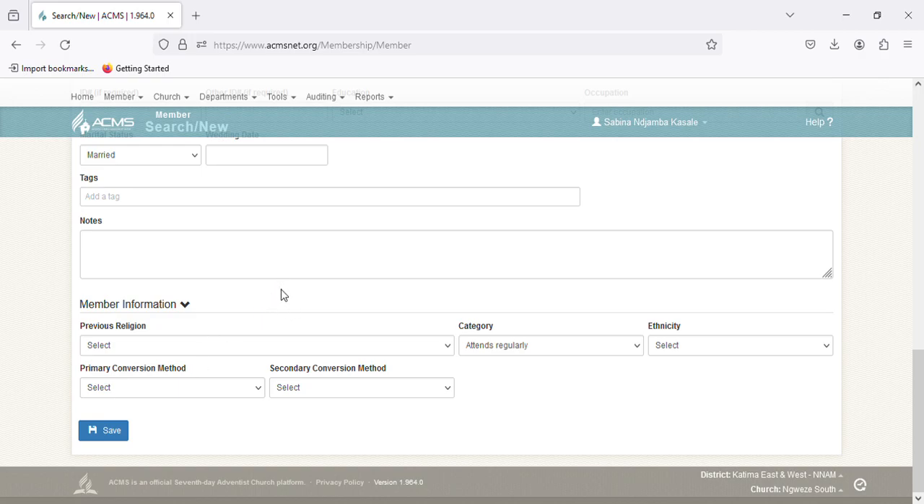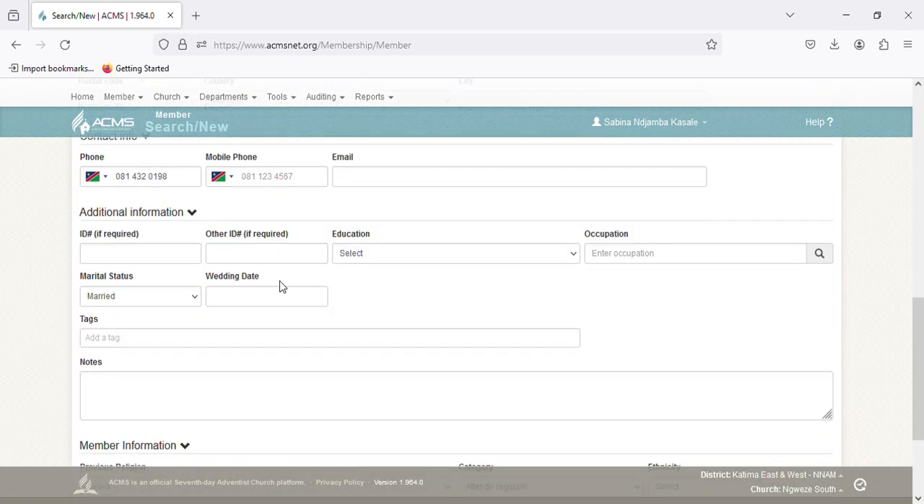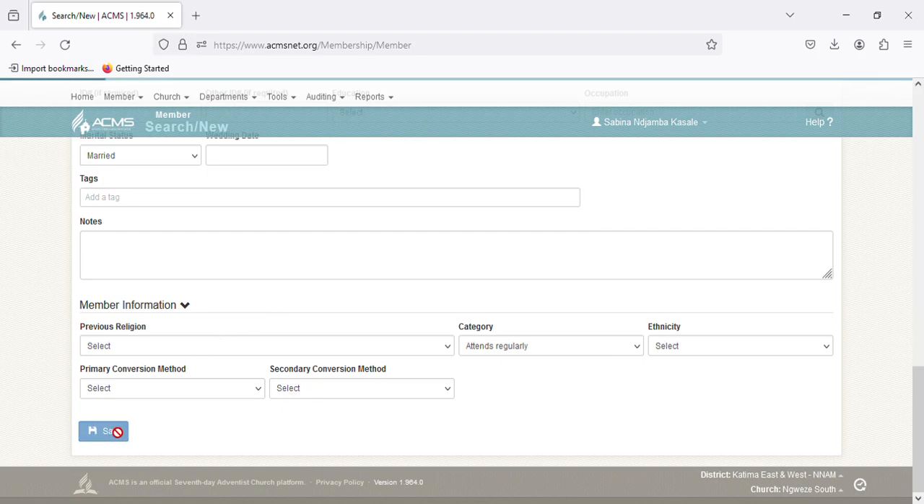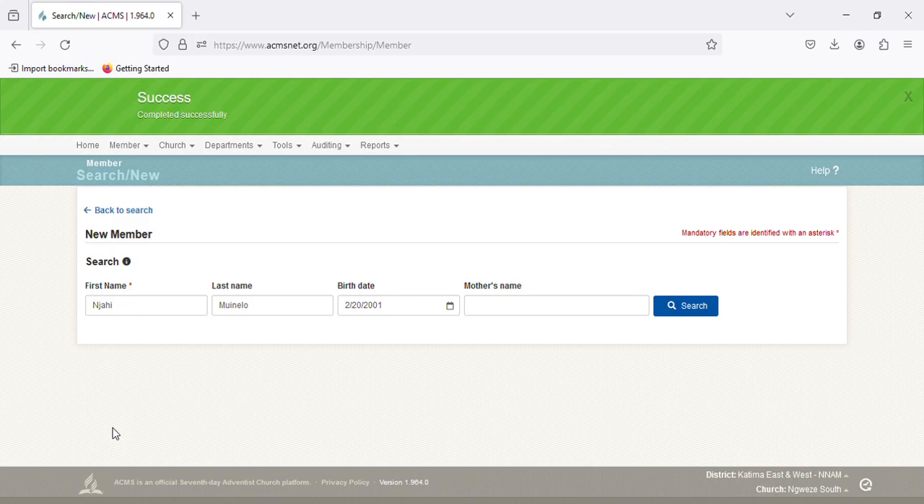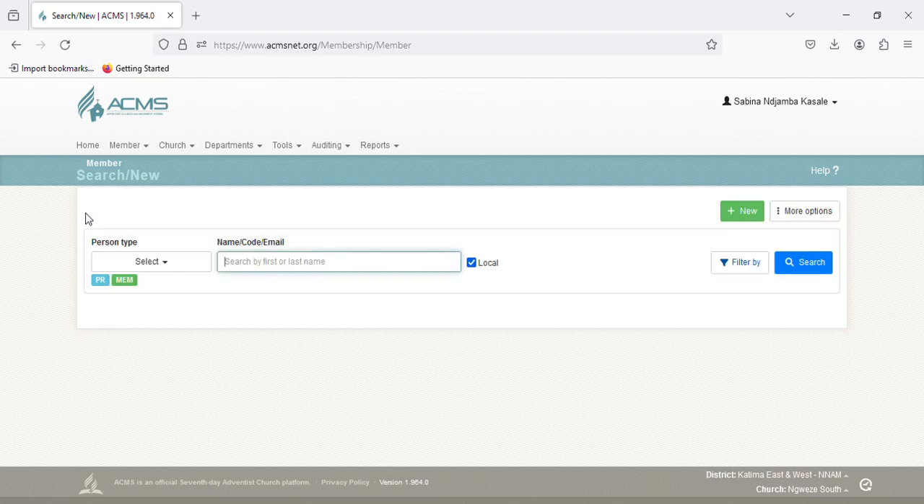And then after you have completed all the basic information needed, you can now proceed to save the name. And there you have it. The name has been successfully completed. So now remember, when we are adjusting the member, we do not put the baptism date. So what we do, we just go back